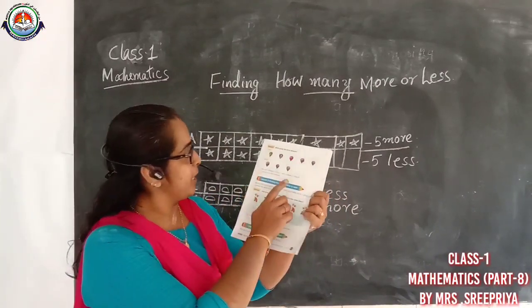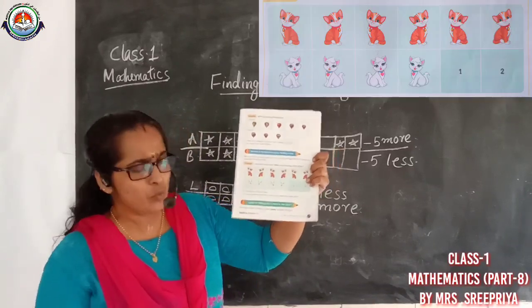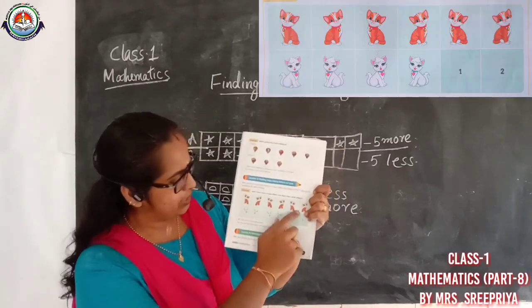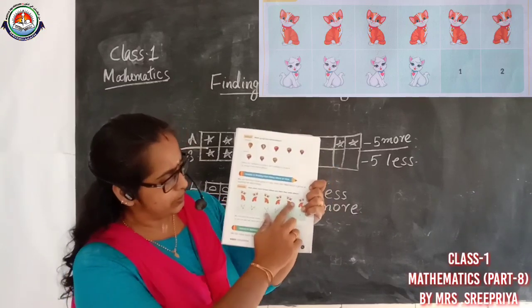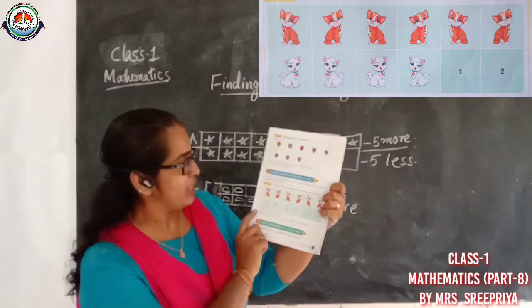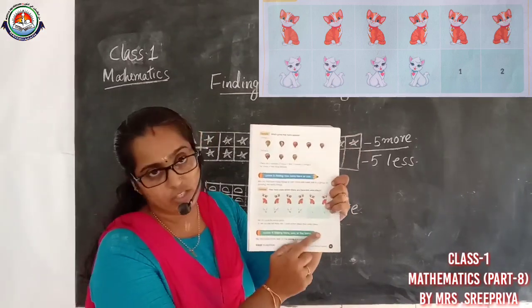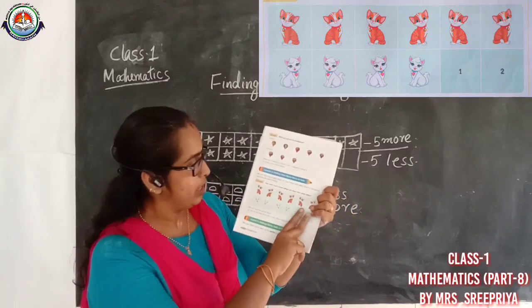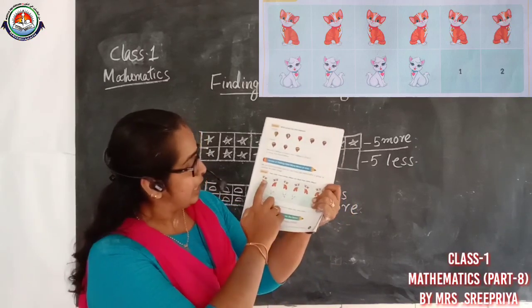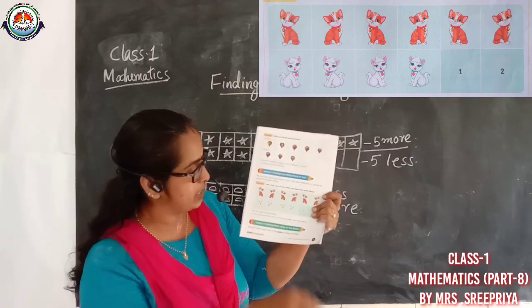Yes. Okay. See here. Who is this? Very sweet. Which pictures are there? See, whose picture? This kitten. Yes, very small kittens. Okay. See, brown color and white color kittens are there. Okay, look here. How many brown color kittens are there? Okay, brown color kittens are there.